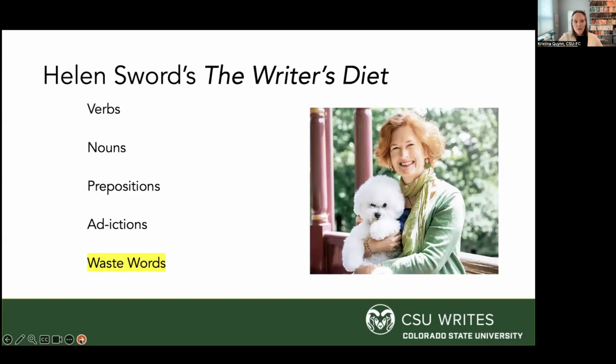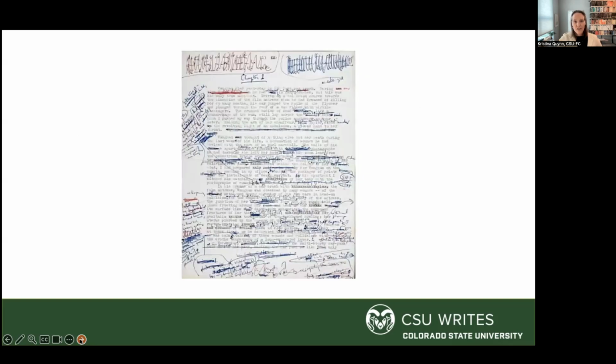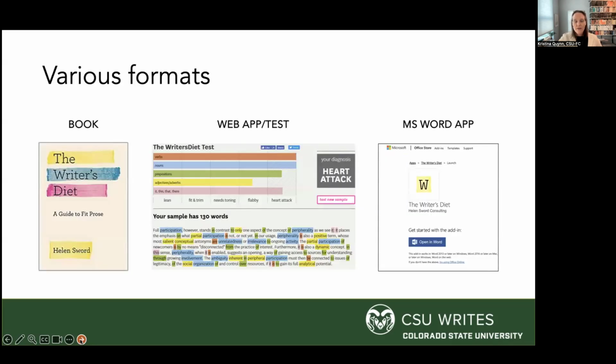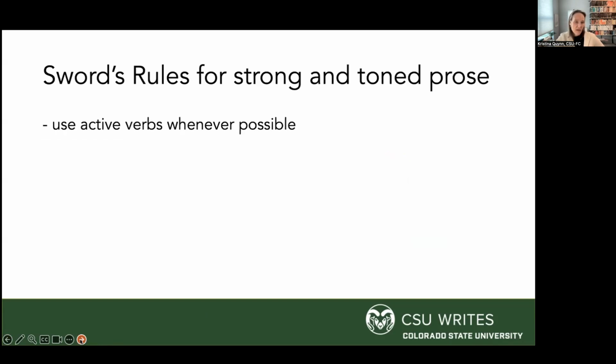And I want to go back to waste words with Helen Sword's Writer's Diet and finish up with that. It's in various forms. I have the book, by the way, if you're at all interested in a hard copy, an old school book. If this is something that excites you, I have copies, so please reach out. I'm happy to share. But the web test, just look it up. There's also a Word app that you can attach to your own Word and download. It works by an algorithm, and it's not an AI tool, but it works with Sword's rules for strong